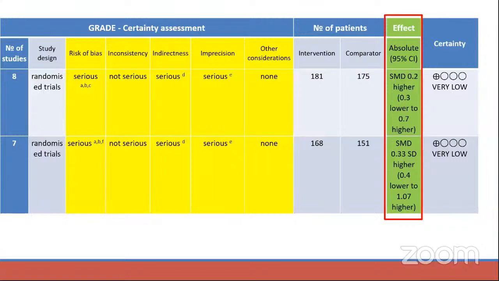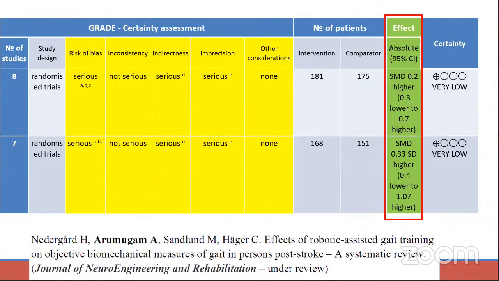Here's another example of a GRADE certainty assessment table. This is from one of the other systematic reviews that I did with the Swedish group. We looked at the effects of robotic assisted gait training on objective biomechanical measures of gait in persons post-stroke. And the one difference I wanted to show here is that we did a meta-analysis in this systematic review. So we were able to add effect sizes in the same table for each outcome measure. You can see absolute effect sizes with 95% confidence intervals. But we prefer to use standardized mean differences, that is SMD, because